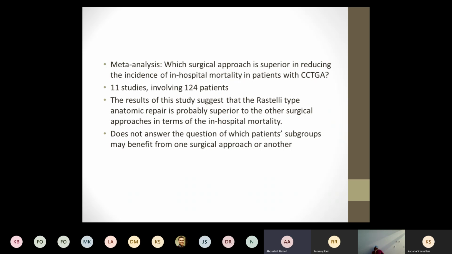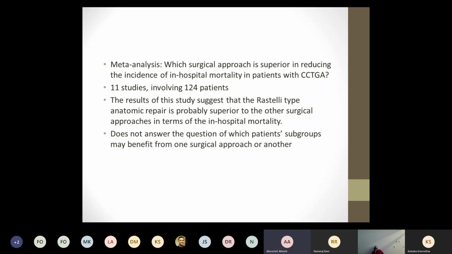They found that 7 out of the 30 in the physiological group have died. And in the Rastelli, they have only 3 patients out of the 69, which is 3%. And they have 3 patients who died in the arterial switch group, out of 25, which is